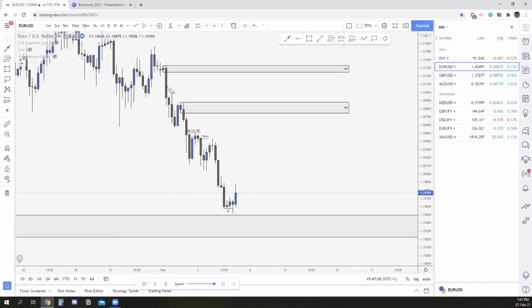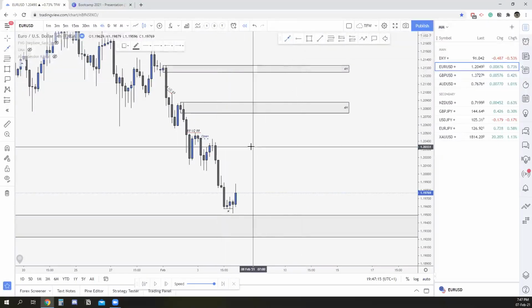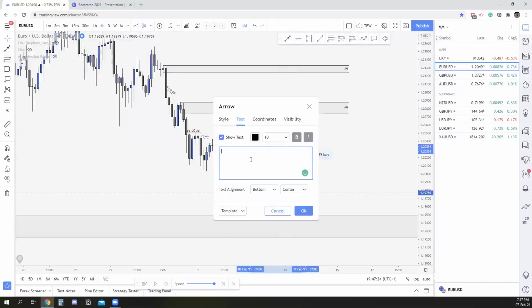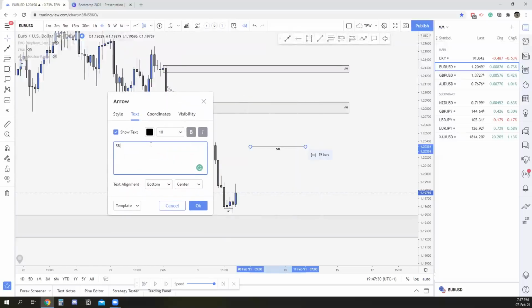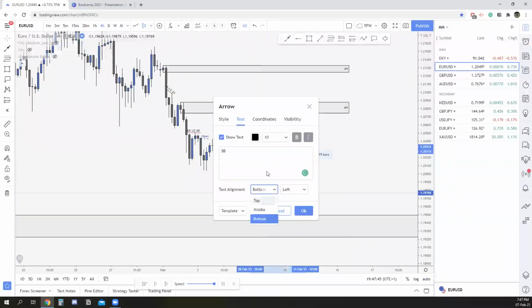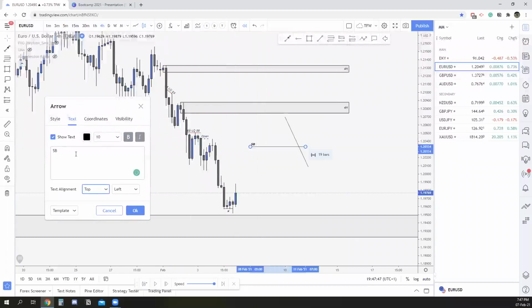So for me, I want my structure break to either stand on top of the line or below the line. So that's just for me to know when it's in a downtrend. If you quickly draw a line, yes, Ilya, and then go to text. Just go to text, like edit it. Just write SB. And then say, just like at the bottom and left. So now in a downtrend, it just looks visually nice if it's on the downside. It breaks to the downside. And when we're towards the upside, then I just put it to the top. Otherwise, there's sometimes candles going over it.